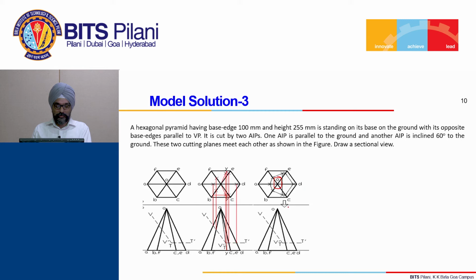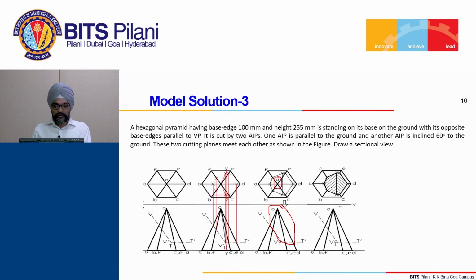So, this portion is assumed to be removed. In the next step I have trimmed all these lines, and finally the sectioned top view has been shown here. So, this is how the problems related to the sections of solids are solved